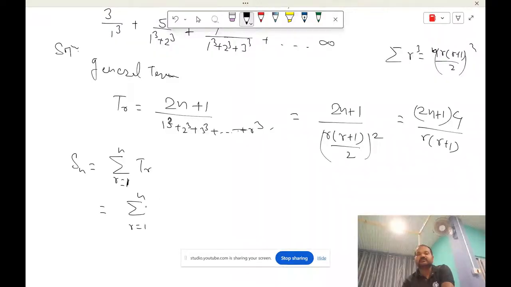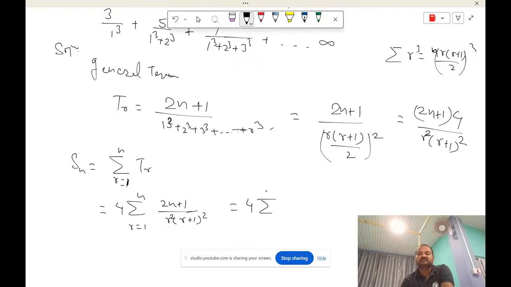The TR term is given. We can take 4 outside. So it is 2r plus 1 divided by r into r plus 1, the whole thing squared, because here it is the square. This is r square and r plus 1 whole square. So